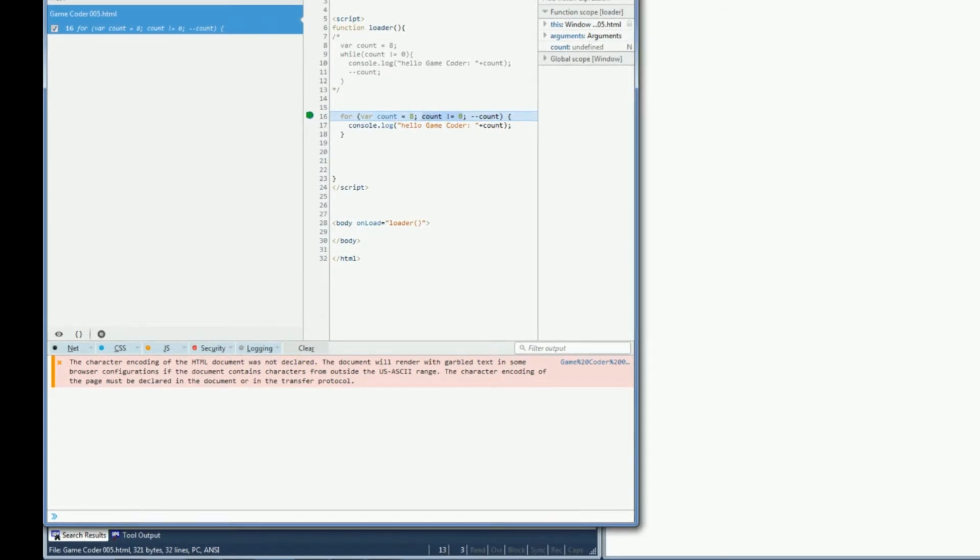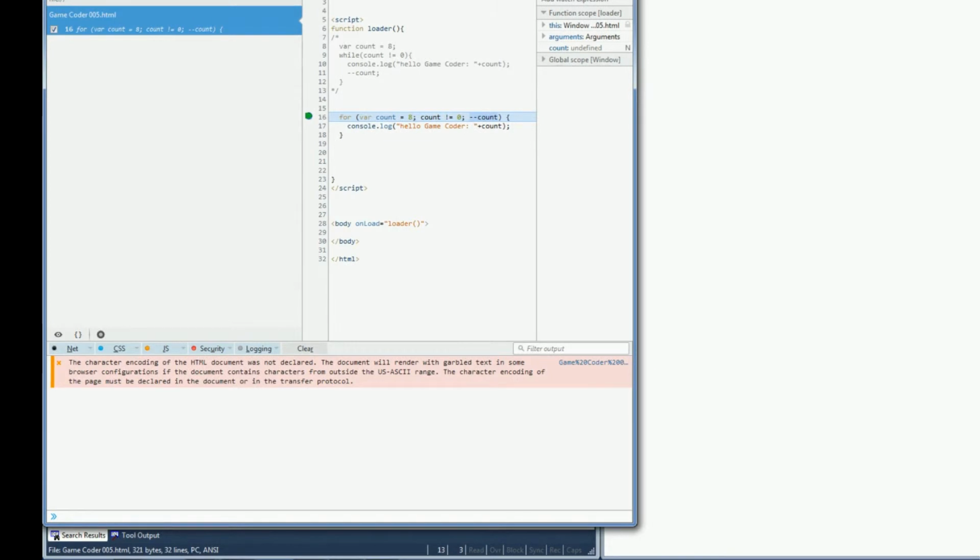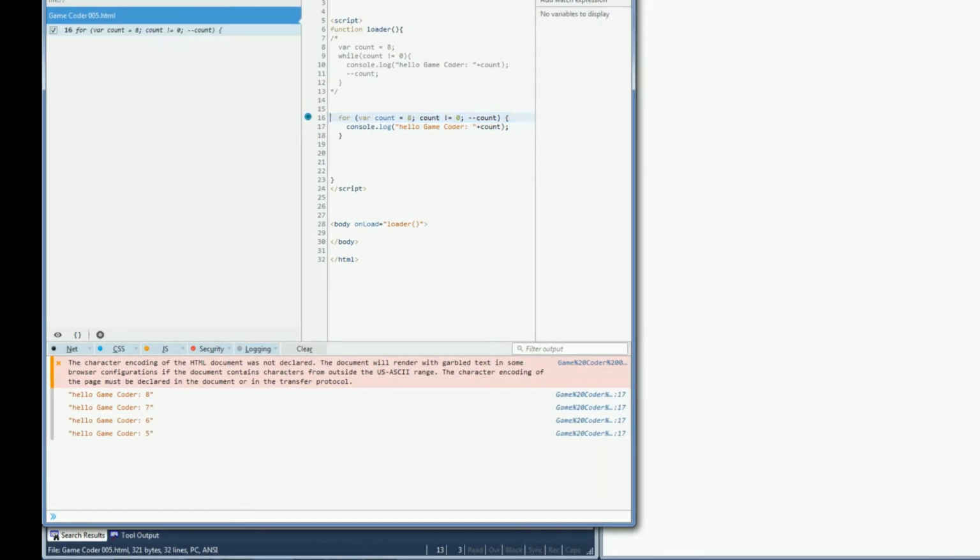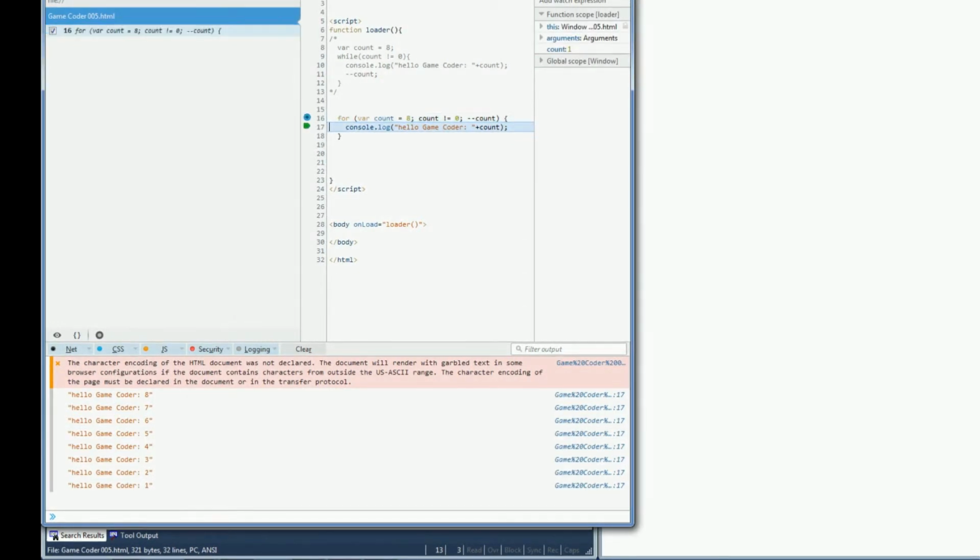This is done every time before executing the code, and then this is done every time after executing the code. Okay, so let's just step through it, and we'll basically see that it ping-pongs between those two lines, and the behavior is the same as a while loop,